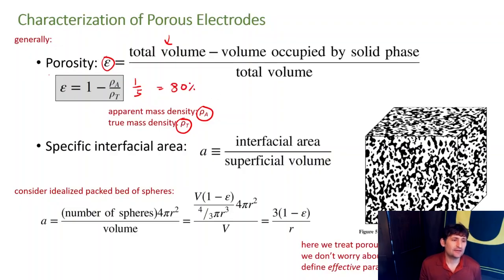So 80% of this electrode would be porous because it weighs 1/5 of what a pure solid would. Very simple definition. We also already defined the specific interfacial area as the interfacial area over the volume of the